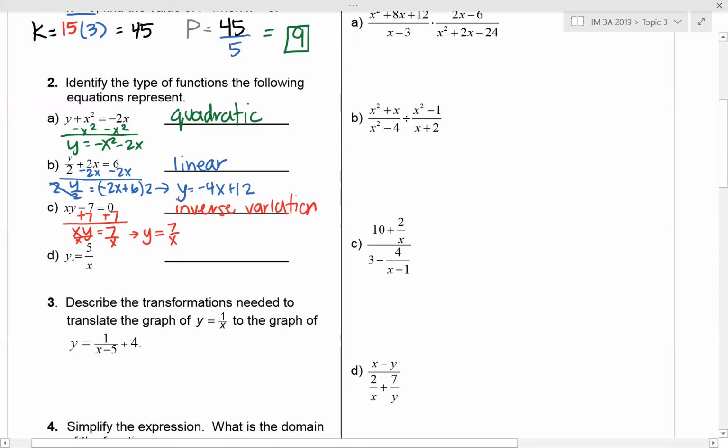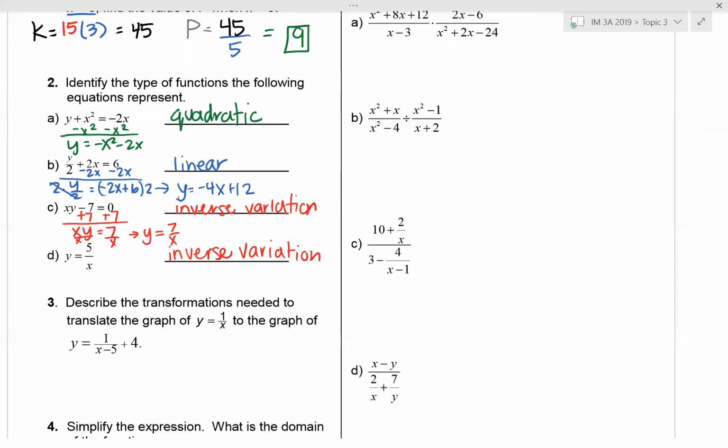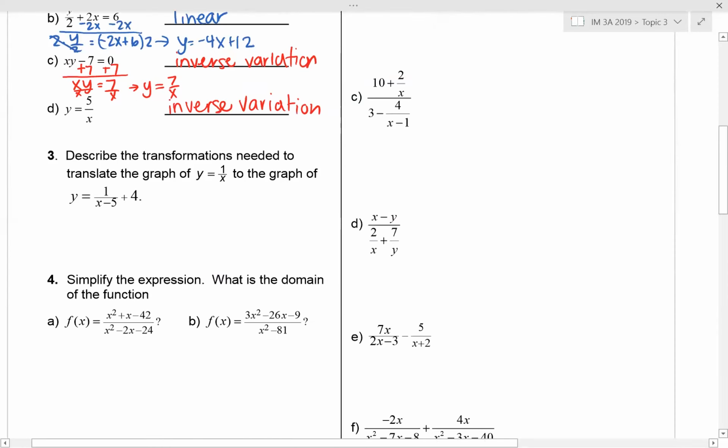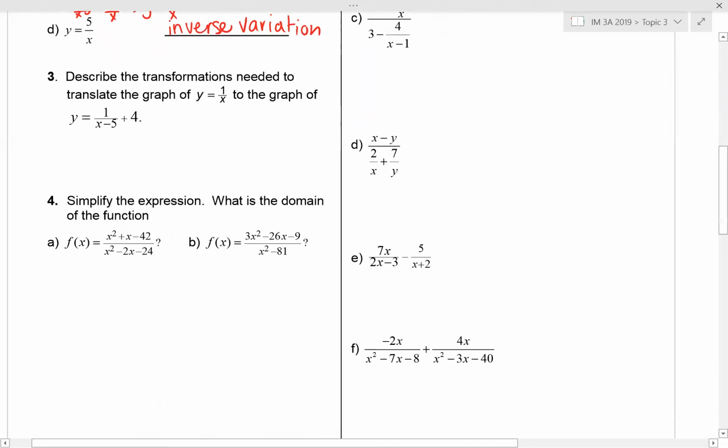Luckily, D is already solved for y, so notice that looks just like C does, so that is also inverse variation. So we should be able to solve an equation for y, look at it, and know what type of function that represents. For question 3, we are describing the transformations needed to translate the graph of y equals 1 over